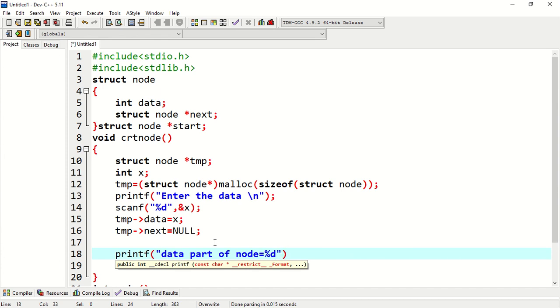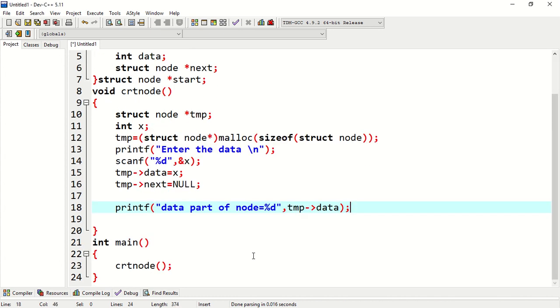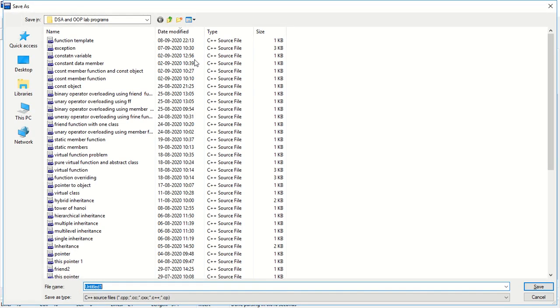Here it is done. I save it with Ctrl+S as node.c, and compile it. Let's see if there is an error.